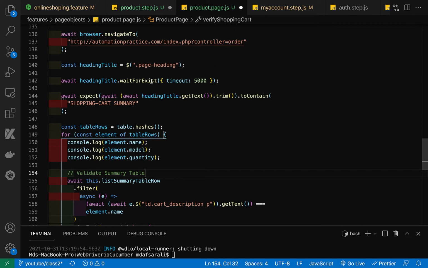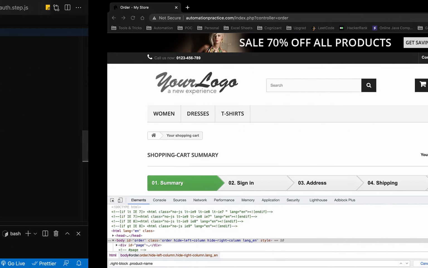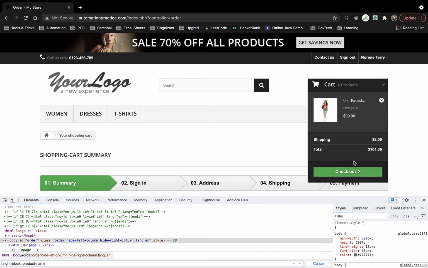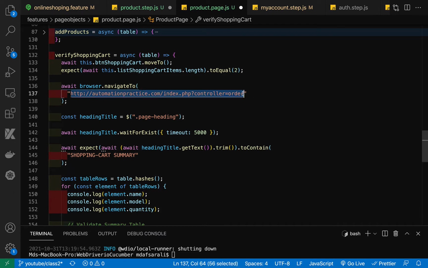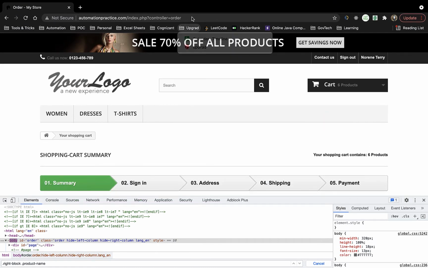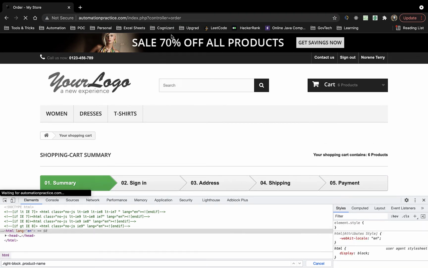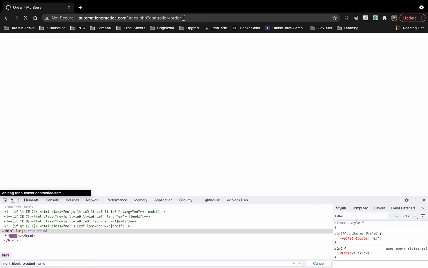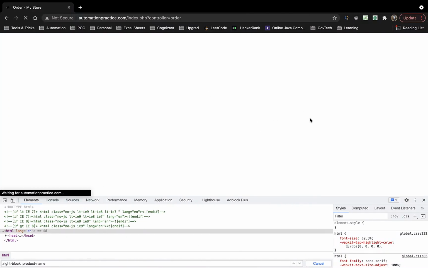All right, so if you see here, I think I had some issue clicking on this checkout button. So what I did, I directly navigated to this particular page. If you observe this URL, if I click on the checkout button, it will change that controller. Instead of order, oh yeah, this is the controller order, because I was already in the order page. So it should be this order,